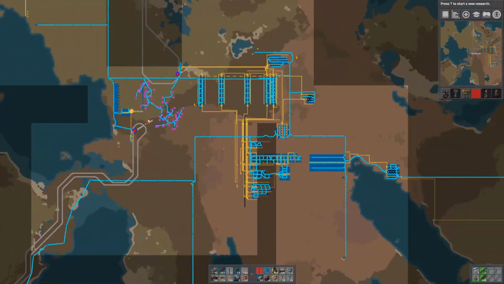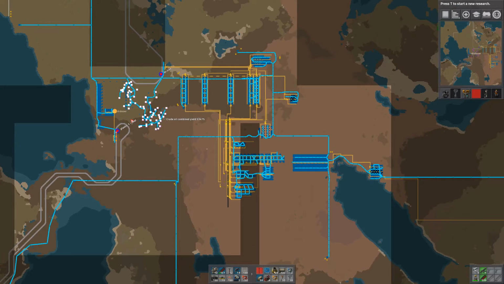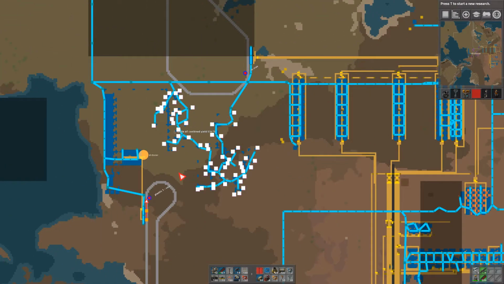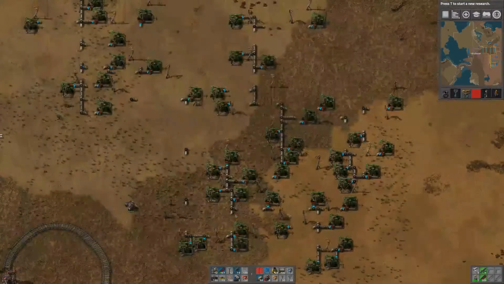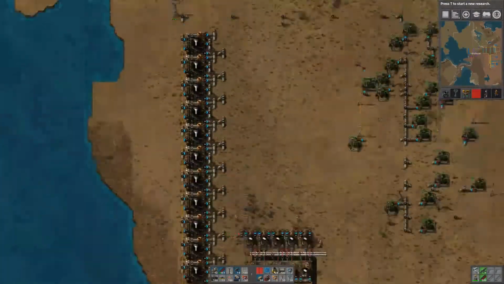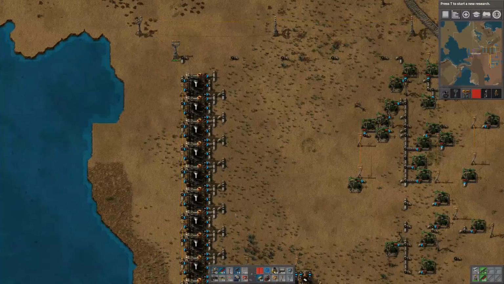So this plateau had a big patch of oil, but it's only a 5,000 patch. So I had to put down something like 30 oil wells to get my 5,000, which is kind of sad, really. So this whole area now is full of pump jacks, and then that gets fed into a stack of